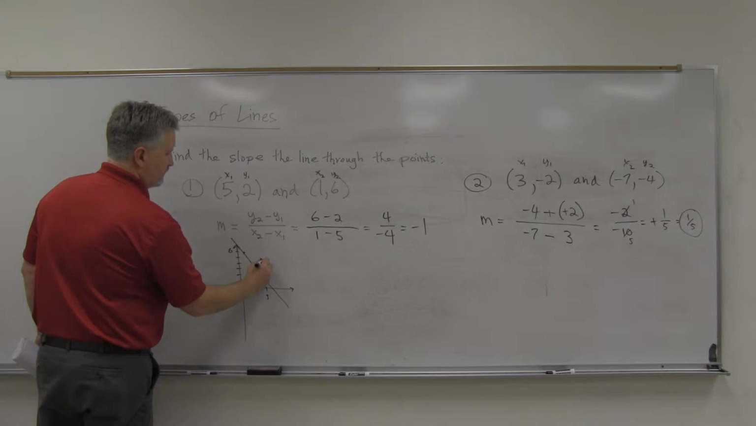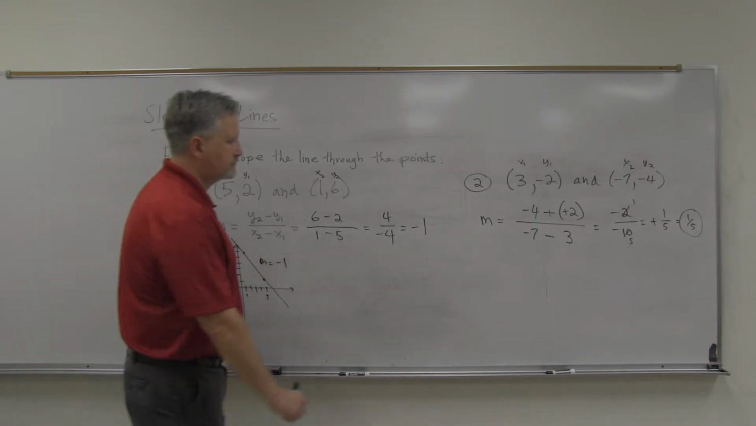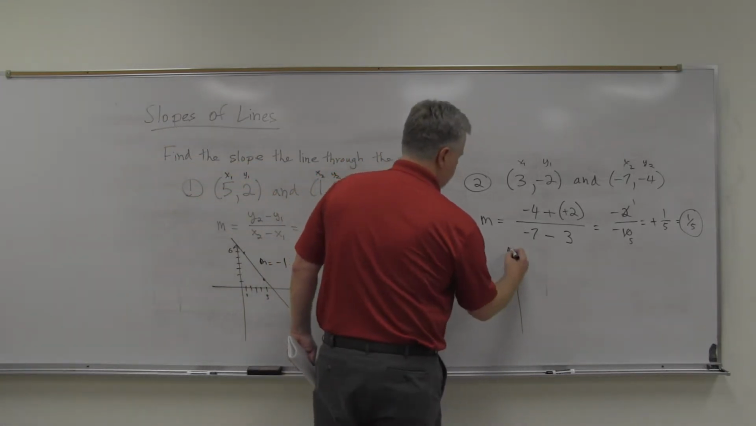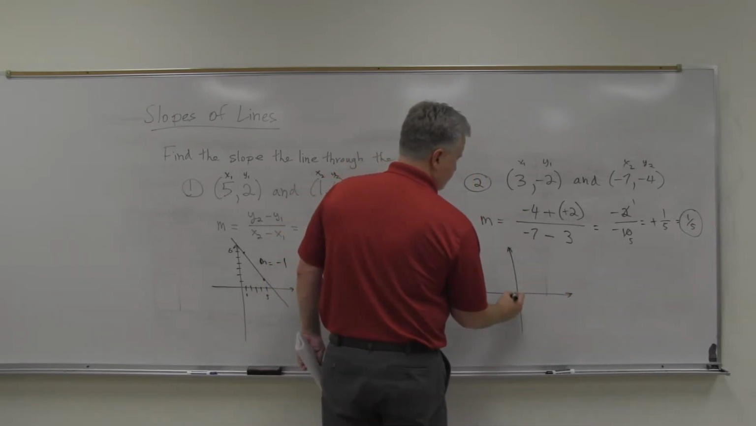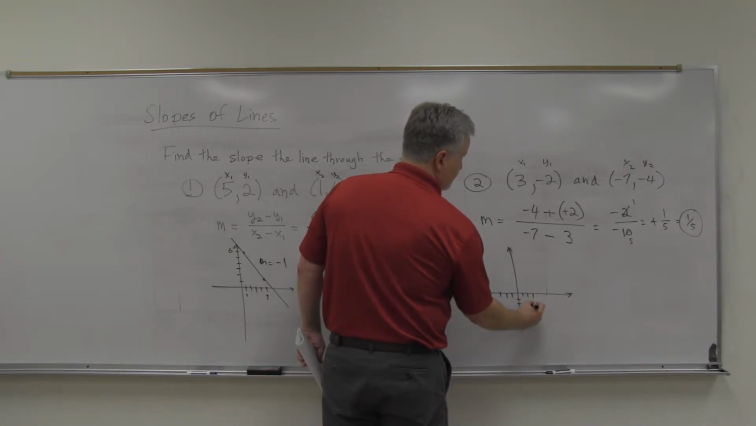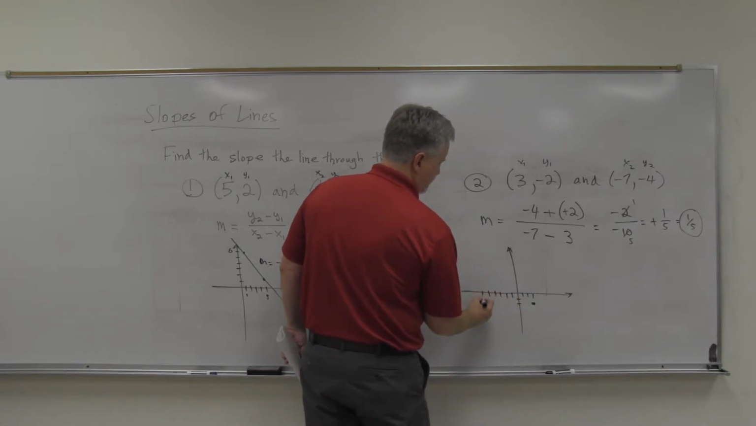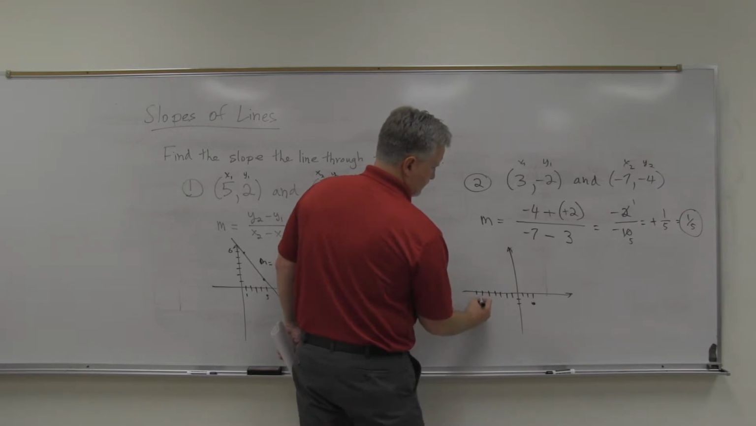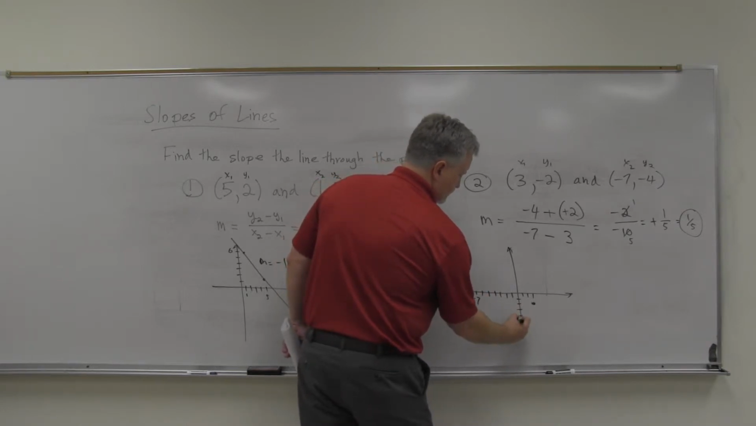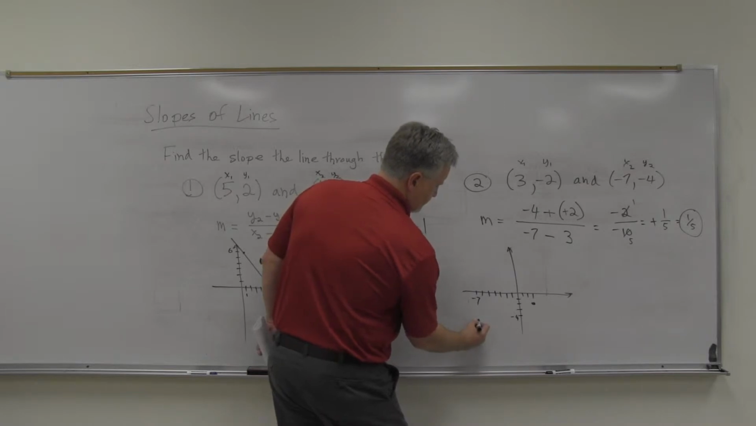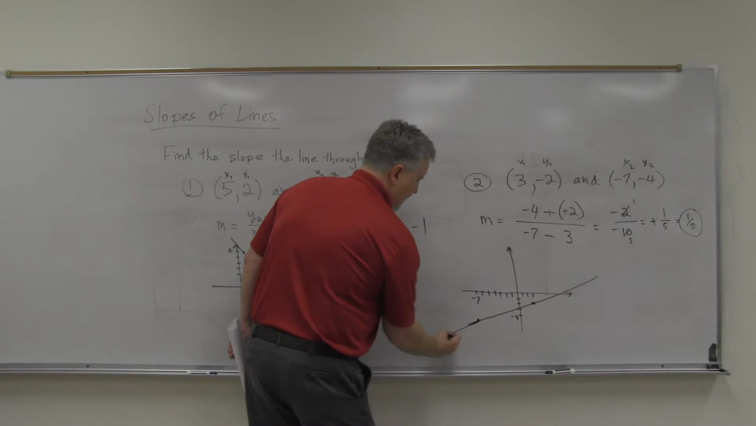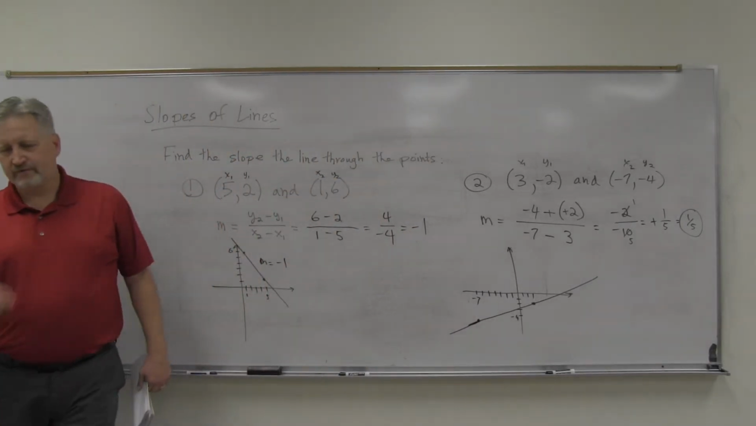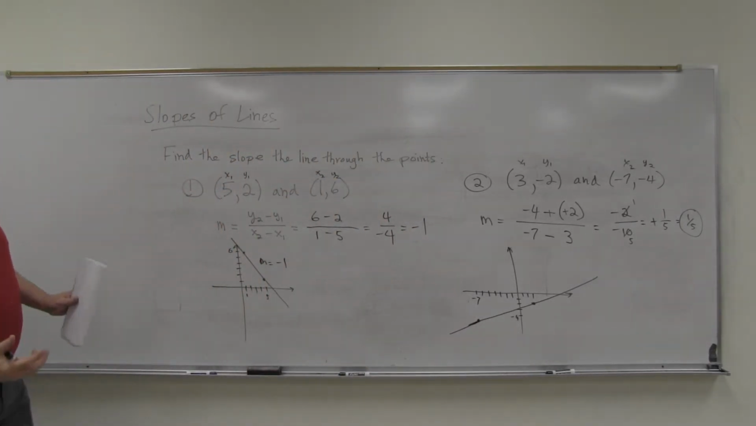So that slope is negative 1. This one, 3, negative 2, is here, and then negative 7, negative 4, here. Okay? And we can do this with the others too, but what I was going to point out here,